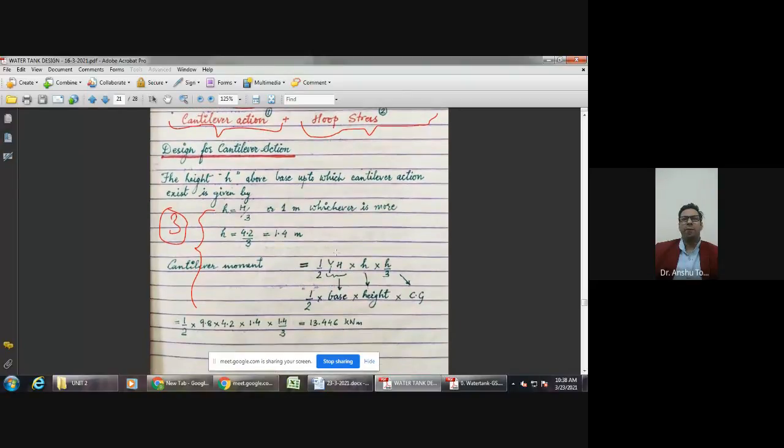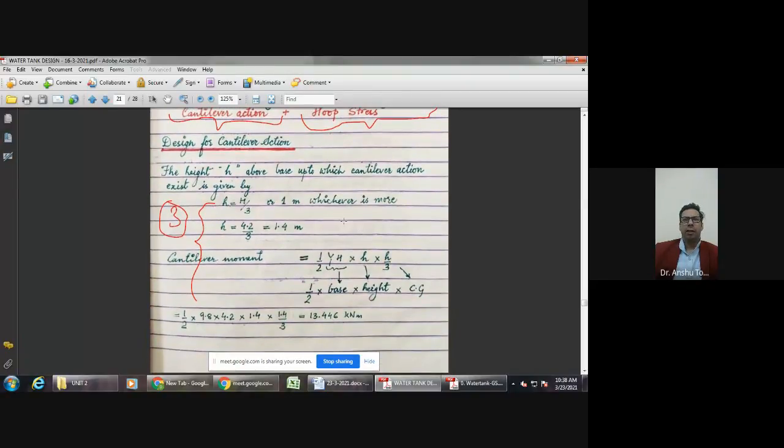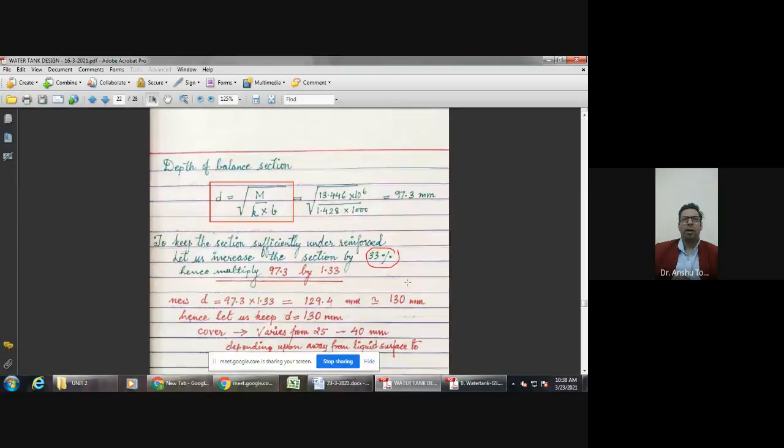So it is again half base into height into CG. The only thing is that we have a triangle which is inverted in nature like this, so it acts at h by 3. Gamma h, where gamma is the unit weight of water and h is the height. So it will lead us to...